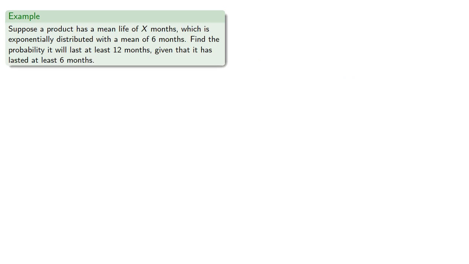So now let's suppose we have a product with a mean life of x months, which is exponentially distributed with a mean of 6 months. Find the probability it will last at least 12 months, given that it has lasted at least 6 months. So that's conditional probability. We want to find the probability that x is greater than or equal to 12, given that x is greater than or equal to 6. So our formula tells us,